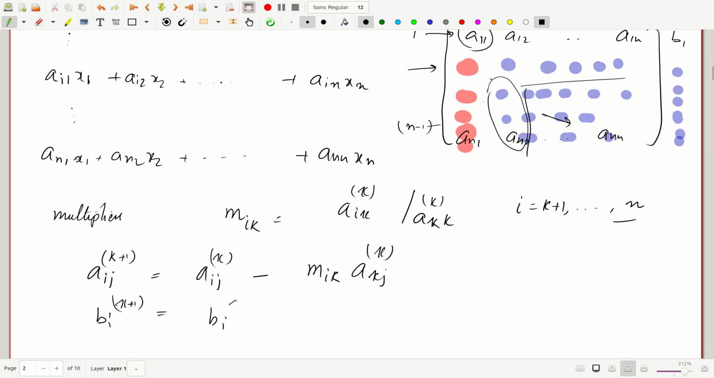This would be B_ik minus m_ik times B_k at k, in which I and j go from k all the way to n. So what we see here is that we would need access to, so all the rows would require access to